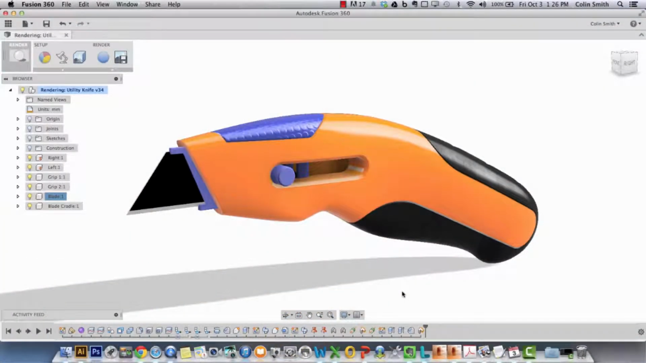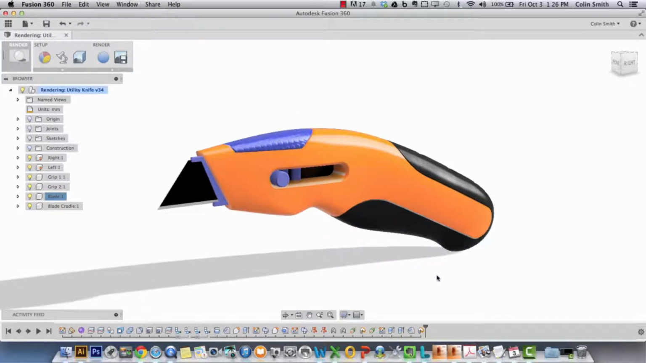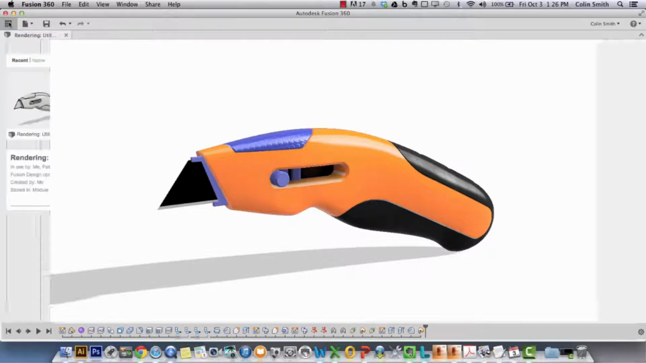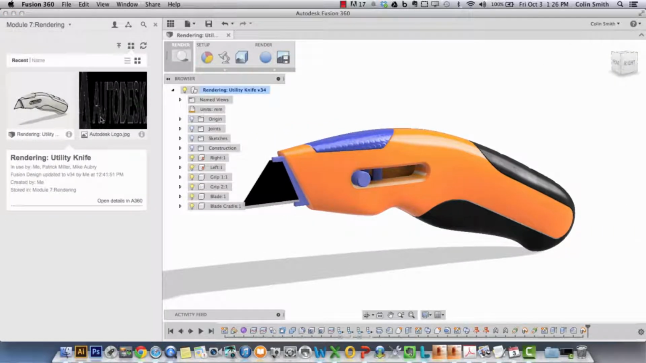The last thing I want to do before I start looking at actually doing a rendering of this is I want to apply a decal to it. So what you need to do in this case is, in your module dataset there is this Autodesk logo, and you need to download it onto your desktop and then apply it as a decal. So I'm going to click on here